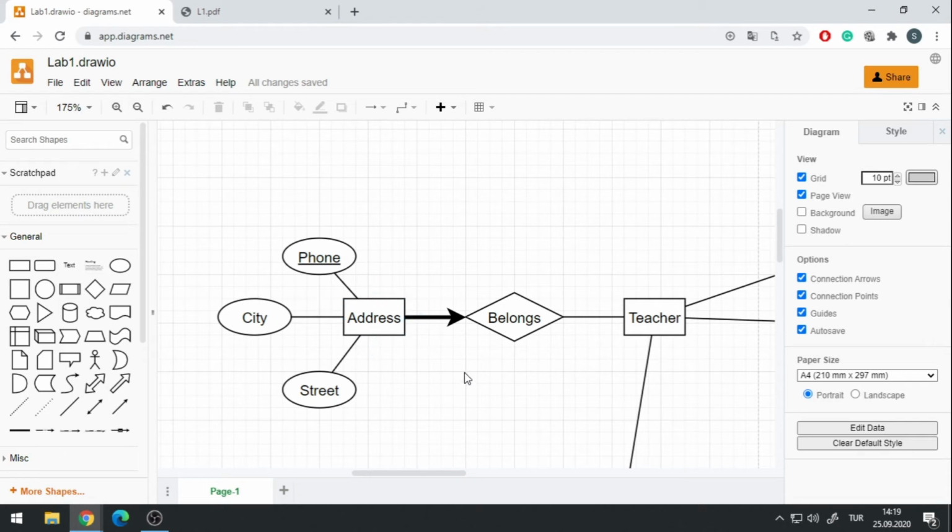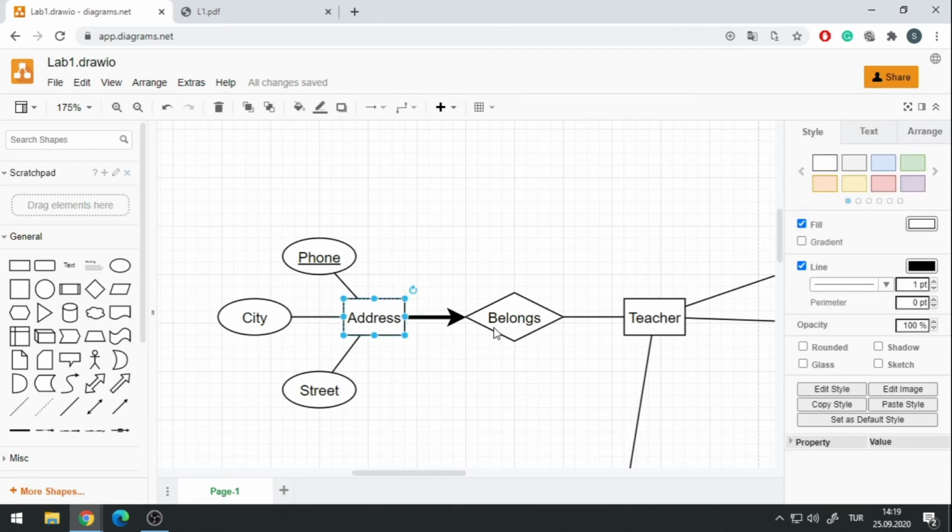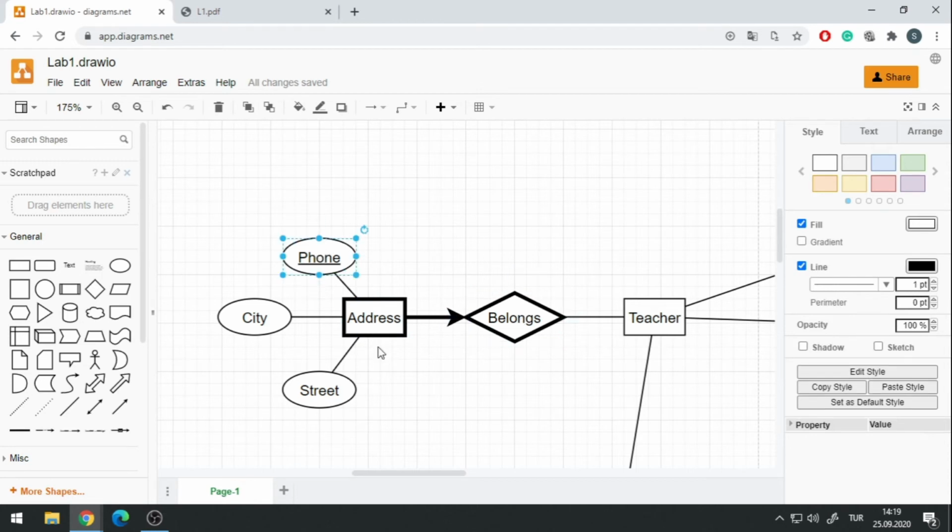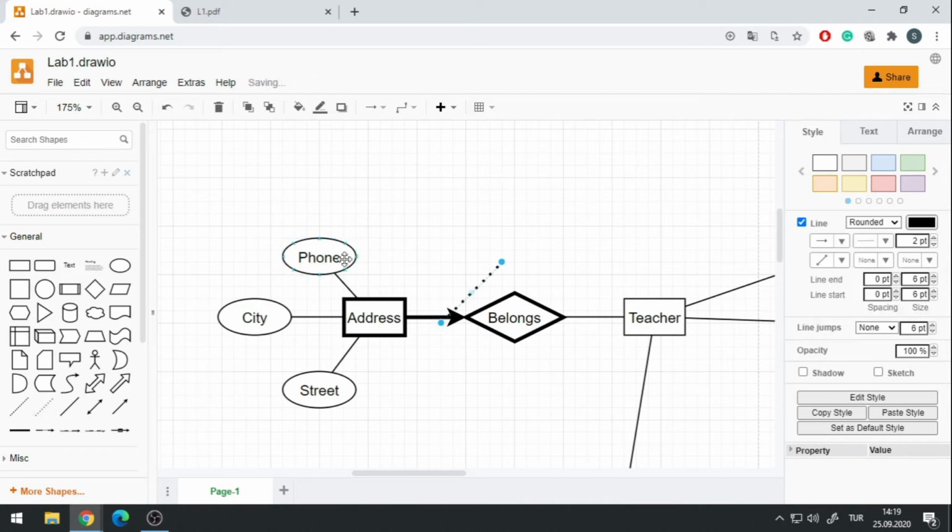But to show an example of a weak entity, I'm going to make the address and this relation belongs. So this is the weak entity, this is the weak relation, and therefore the primary key is no longer the primary key. So I'm going to get rid of the underline and add a dashed line underneath the phone to